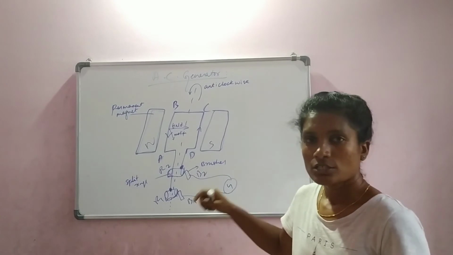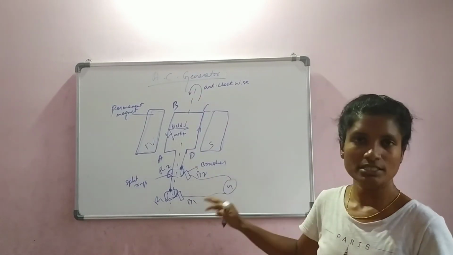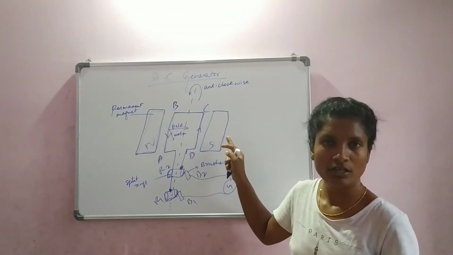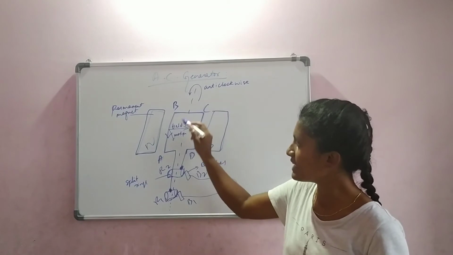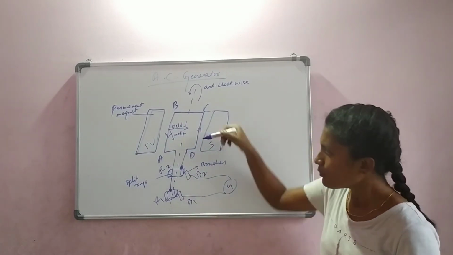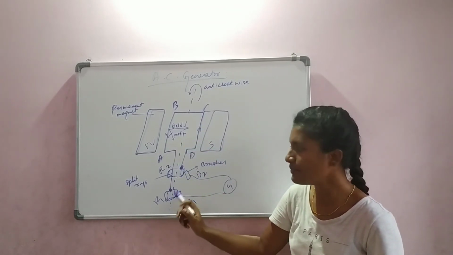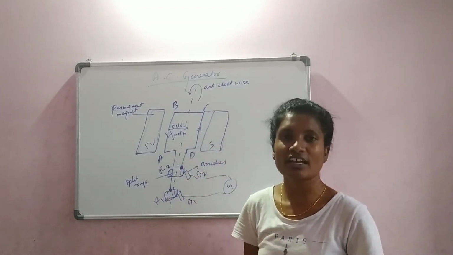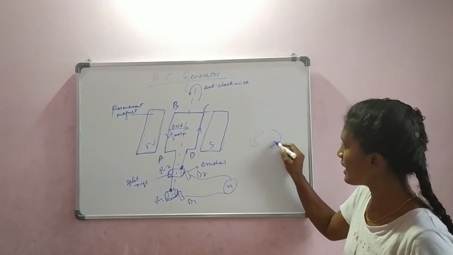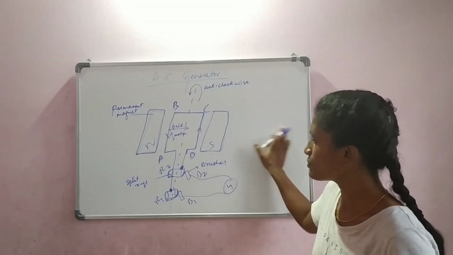Fine. So this is the AC generator. Let me explain the components for this construction. There are two permanent magnets kept on either side, and there is a coil ABCD. It is in such a way that the ends of the coil are connected to two split rings. In the electric motor diagram, we had a commutator, and then brushes associated along with that. But here we are using split rings.